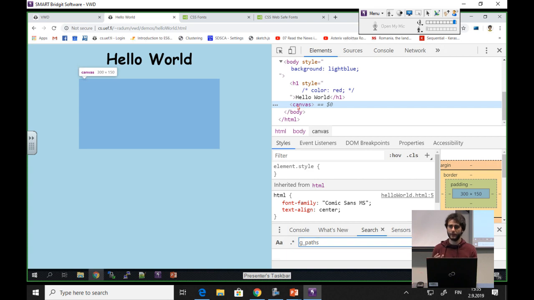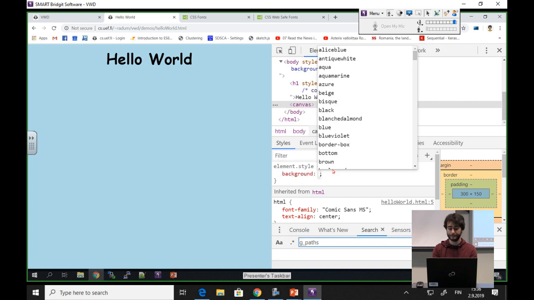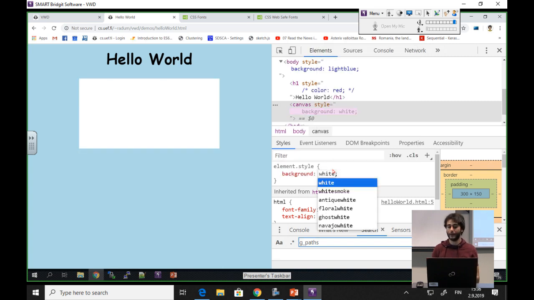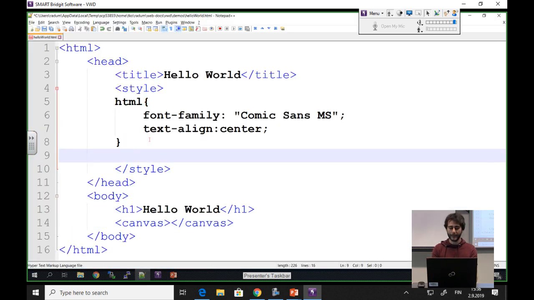So the canvas object, the canvas element, is a transparent part of the screen that will let us do something, but it's important to note that it's transparent. If I want it to be white, I should put a background of white, and now I could see it. So I'm going to go back to this code, and I'm going to say, make the canvas